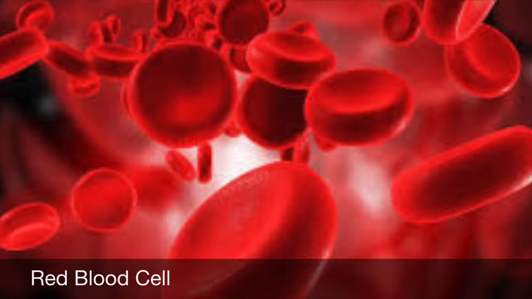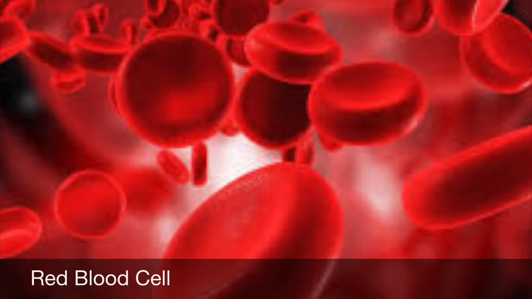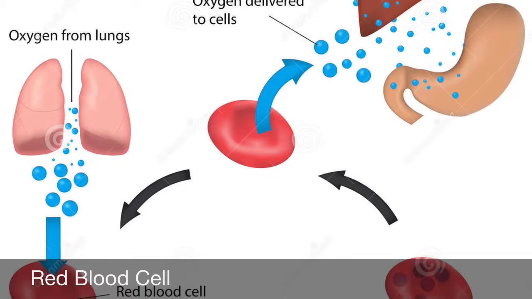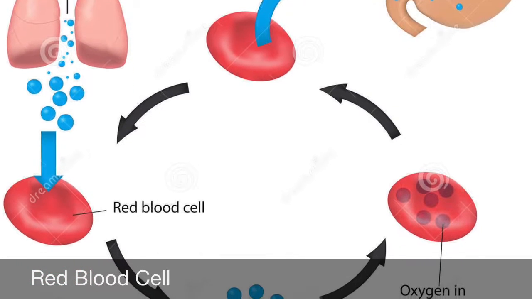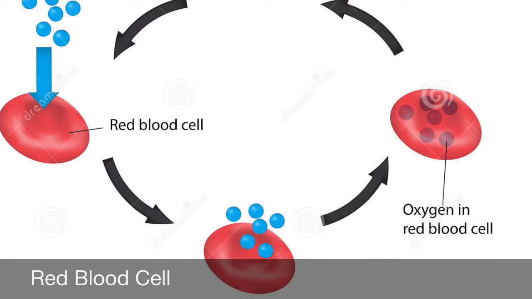I have chosen a red blood cell as my animal cell to study. Red blood cells play a critical role in an animal's body by carrying oxygen from the lungs to the parts of the body that need it, such as muscles and organs. Red blood cells then take carbon dioxide away from these muscles and organs back to the lungs to then be